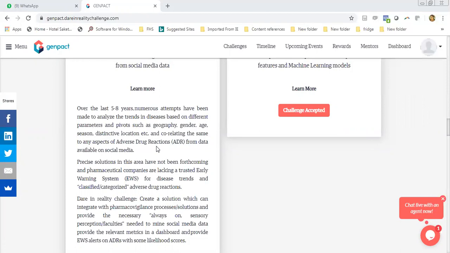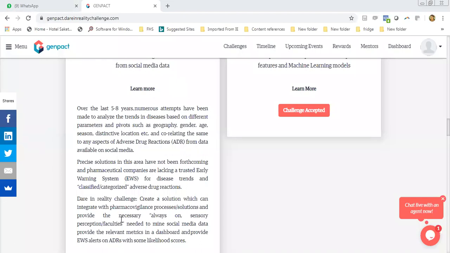So what we are looking at is primarily getting some extractions done from some of these sources. It could be indicative also. It may not necessarily be you writing some sort of a sensor or a pipeline to actually pull data from each of these sources. It could be indicative data.